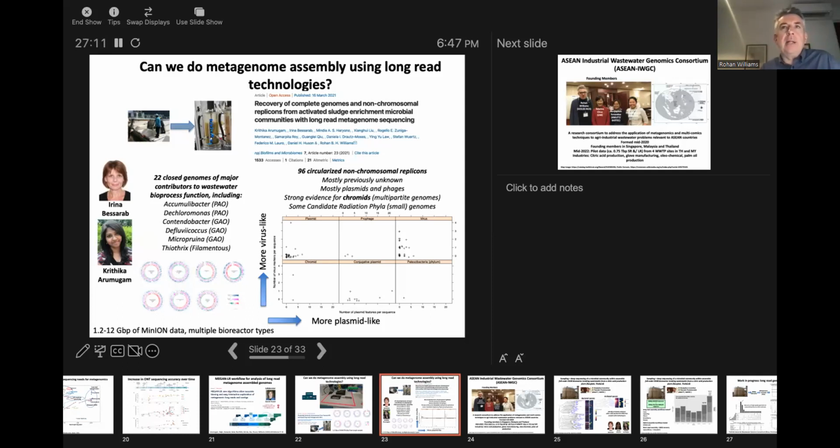And I'm going to talk about this a bit later, but we've also been able to capture non-chromosomal replicons, which are very, very difficult to reconstruct using short read data. And so we can convincingly capture plasmids and phages, but also things like chromids, which are kind of multi-part genomes. Some bacteria have multiple chromosomes, and seemingly we can capture these. And also some of these new small bacterial genomes from the candidate phyla radiation, these recently recognized novel phyla groups that have been basically captured by metagenome analysis.